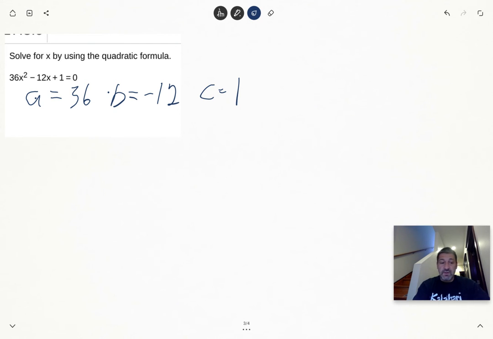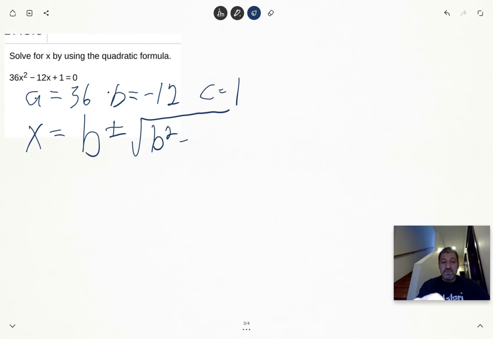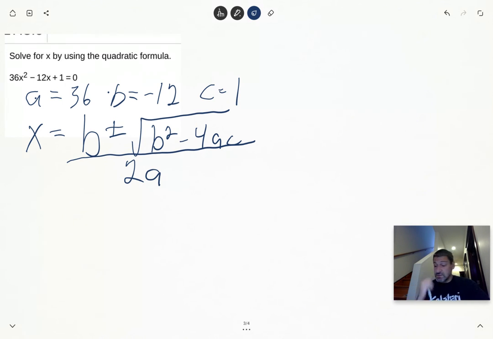And my quadratic formula is x equals negative b plus or minus the square root of b squared minus 4ac, over 2a. Okay, so I'm going to just start out by plugging in my points here. So using this quadratic formula, x is equal to negative b. What's my b? My b is negative 12, plus or minus, and then inside my square root, I'm going to do